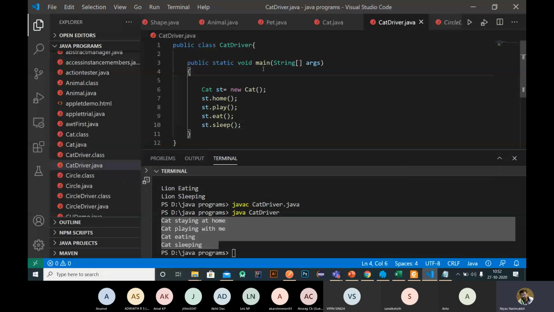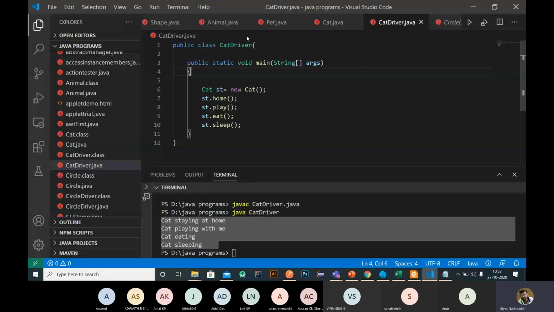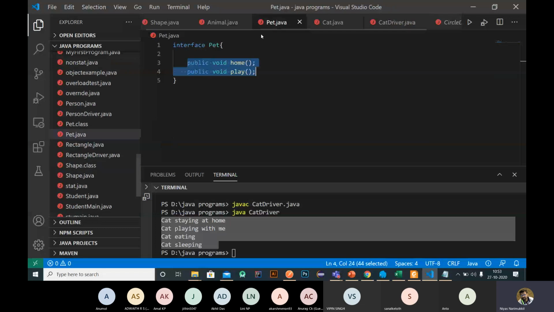Okay, this is a workaround. With the help of interface and the implements keyword, we can do it like that. Multiple inheritance can be done in Java with the help of the interface concept, and if there is an interface, we need to use the implements keyword to implement it. Like this, we can simulate multiple inheritance.